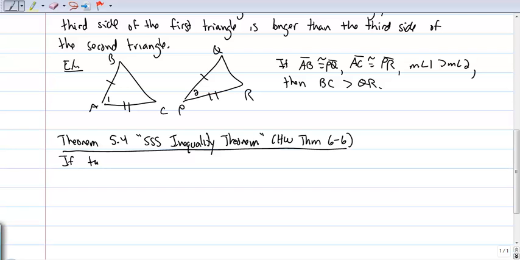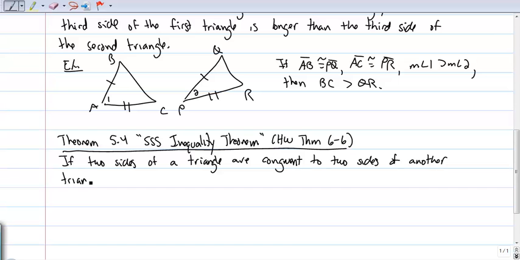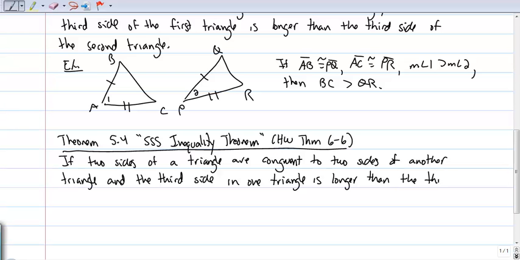If two sides of a triangle are congruent to two sides of another triangle, and the third side in one triangle is longer than the third side in the other, then